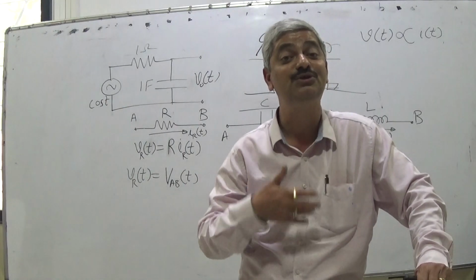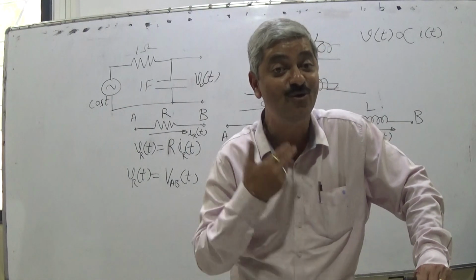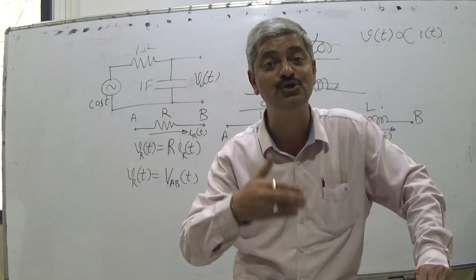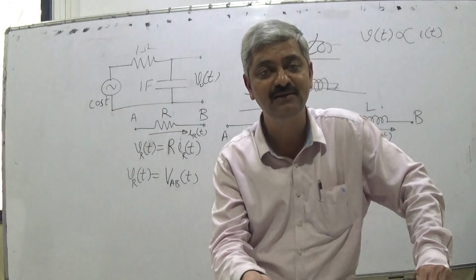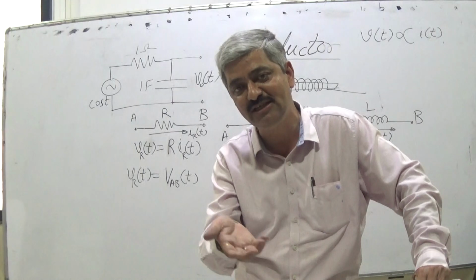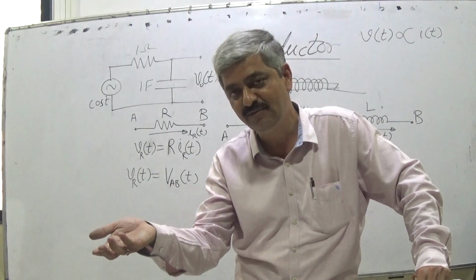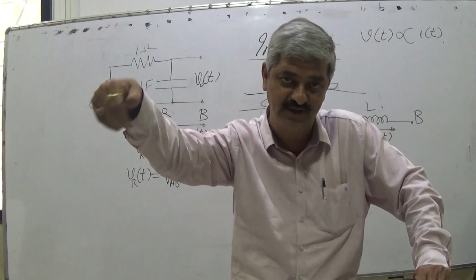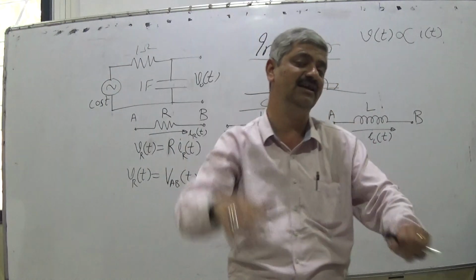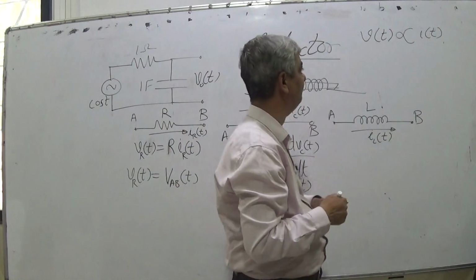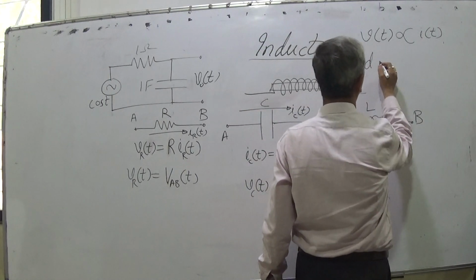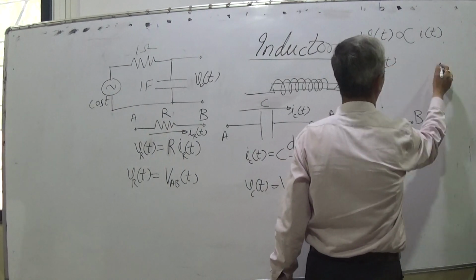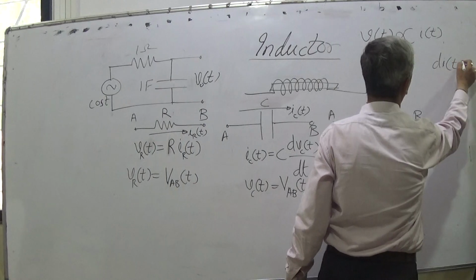You should think of some component with expected, required or postulated properties, and maybe the technology at that time does not give the desired component, but it can be a possibility in years to come. That kind of thinking you must develop. So V and I. But now when I allow dv(t) by dt and allow di(t) by dt.